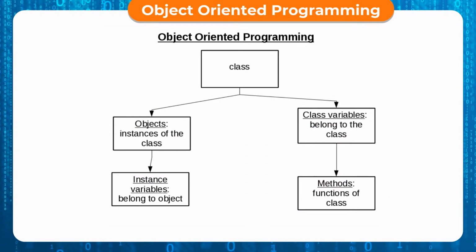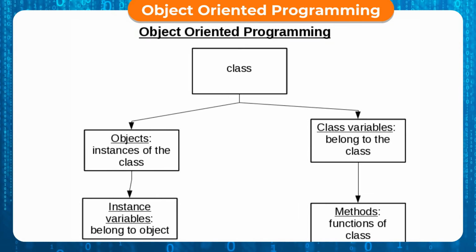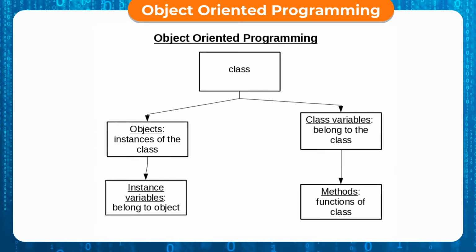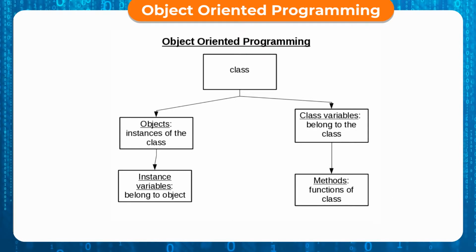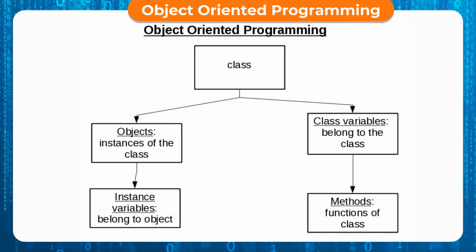In object-oriented programming, the data and its related functions are enclosed in a single entity called a class. A class is a group of objects sharing a common characteristic and behavior, and an object is the instance variable of a class. A class helps in data hiding and abstraction by separating the implementation details from the user interface. It includes data as well as the functions which operate on the data. Therefore, the data is not directly accessible to the users.